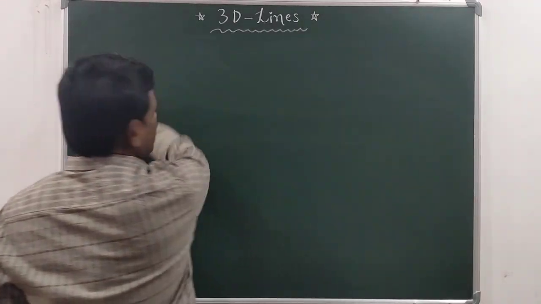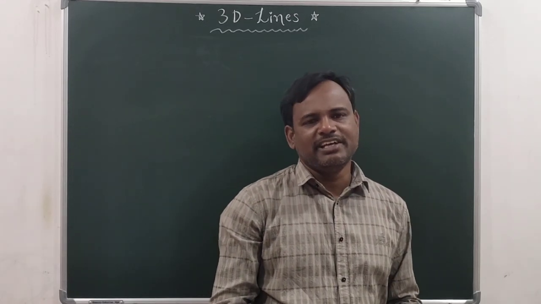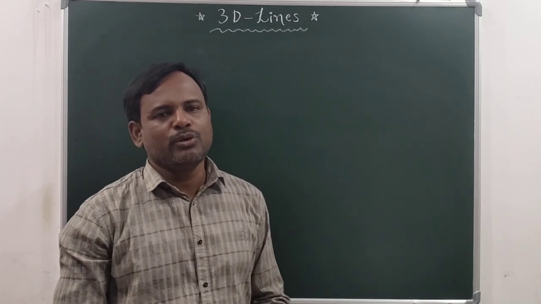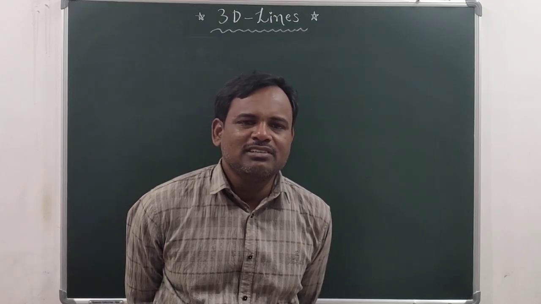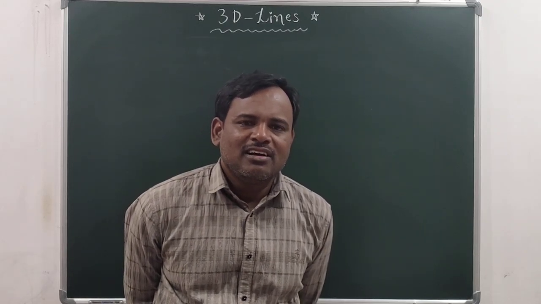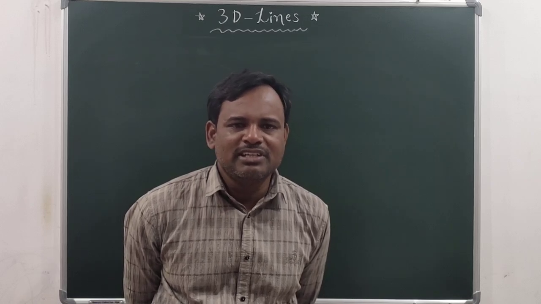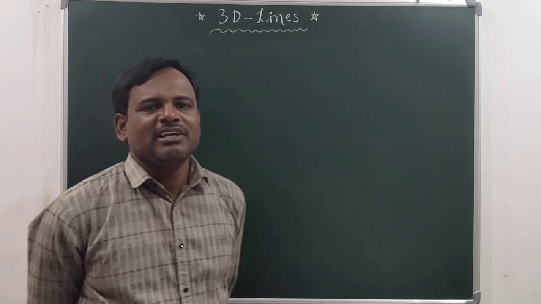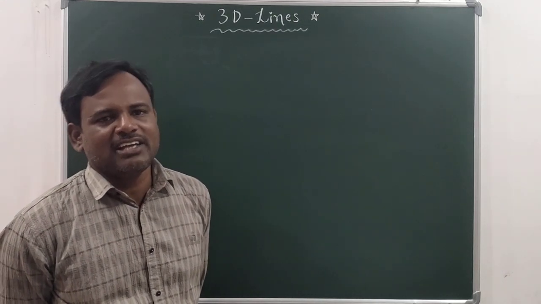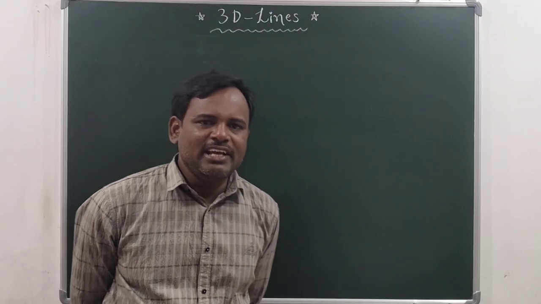Tell me students, what is the equation of the x-axis in 3D? In 2D you learned the equation of the x-axis is y equal to 0, because on the x-axis the y coordinate of every point is 0. In the same manner, the equation of the y-axis is x equal to 0. In 3D also,